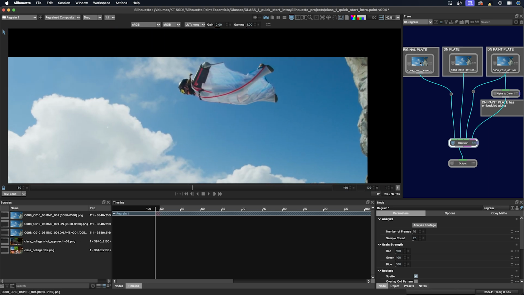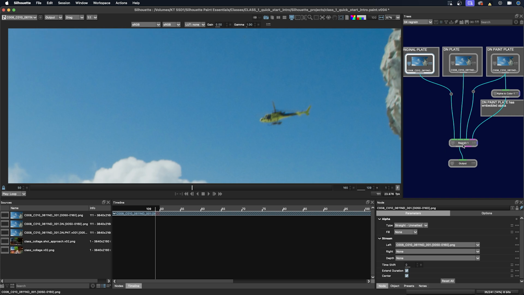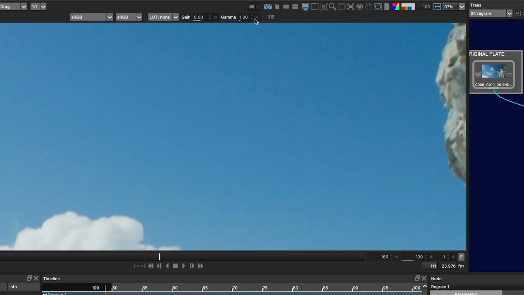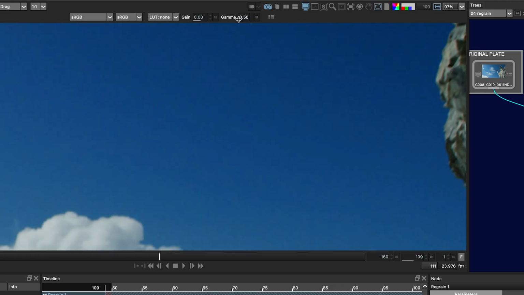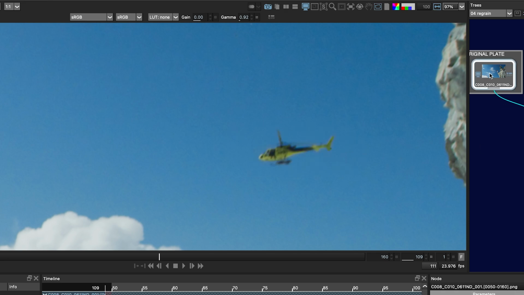Okay, so here is the original plate, and we'll just zoom in. And here in the regrain node, if I click on that, you can see that the grain was replaced. I'll just take down the gamma a little bit. I'm also going to do a little split here. We'll take a snapshot here, then we'll go to the original plate, and I'll click the compare, so you can see now that the grain looks pretty good.